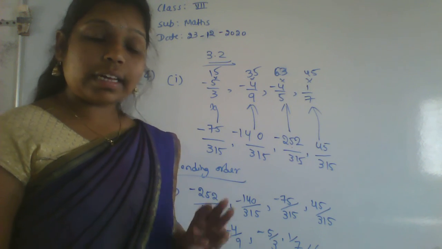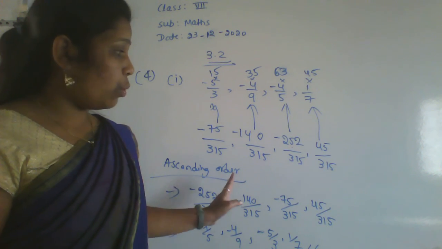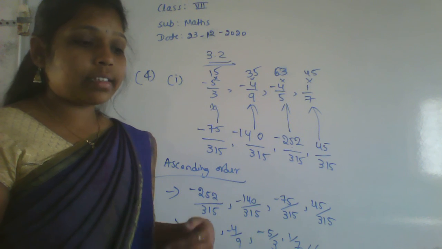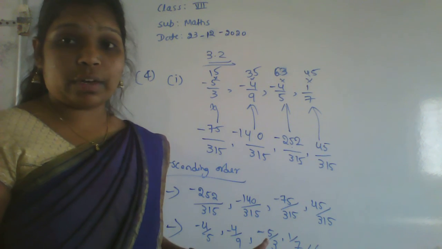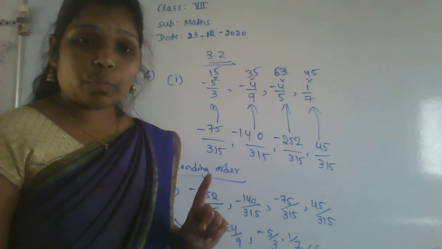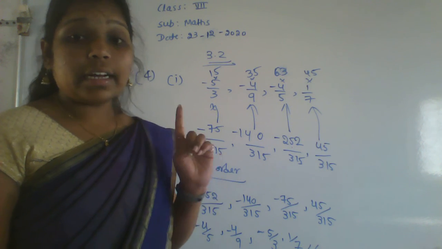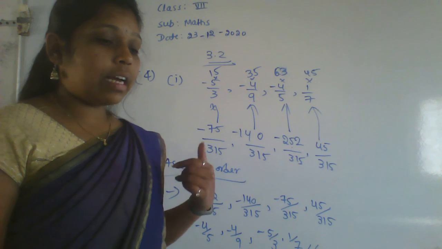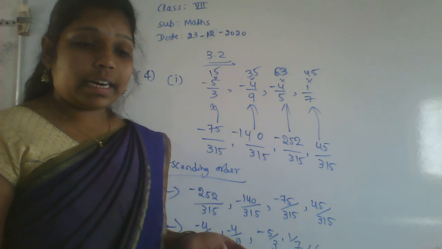and another 3 problems are there, in the same way you have to do it yourself. In the next class, we'll start with the 5th main only. Okay. The homework is 3.2. Solve the 3.2 up to 4th main. That is the homework for you. And we'll continue with the 5th main in the next class.